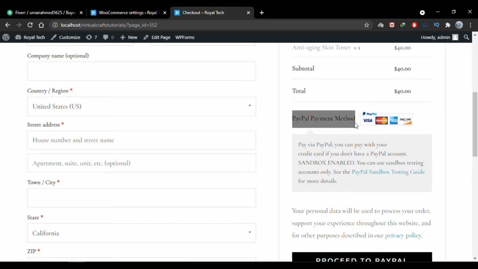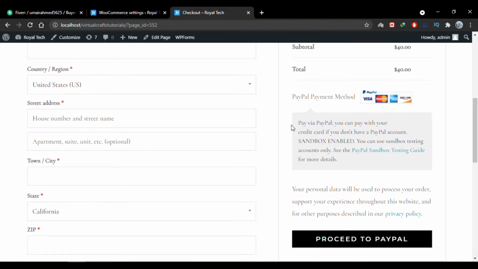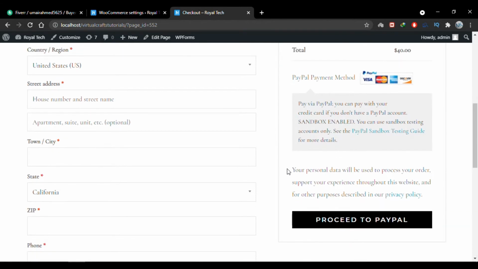This is the title that I specified, and this is the payment method description that we can change as well. As only one payment method has been set up on my store, I don't have an option to change it. Now this will be the default method here, unless we add multiple methods, and then we'll get radio buttons here and we'll choose which method we want to proceed with. And now you'll see that our button text has been changed to proceed to PayPal instead of place order.